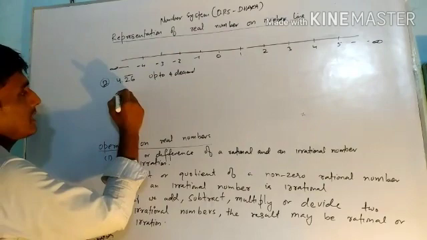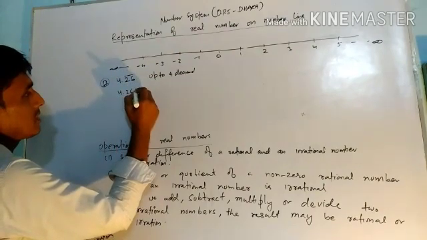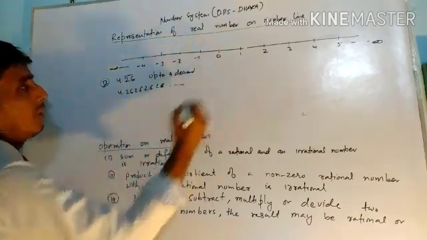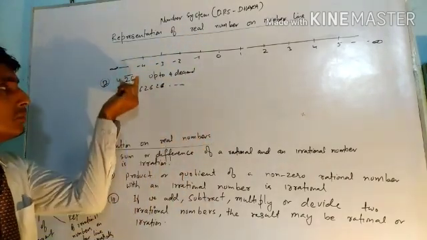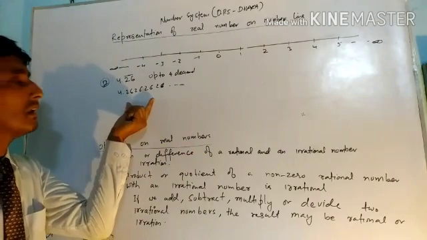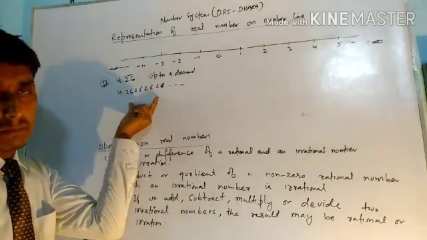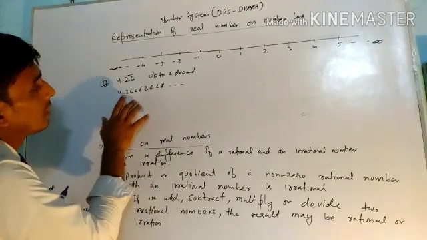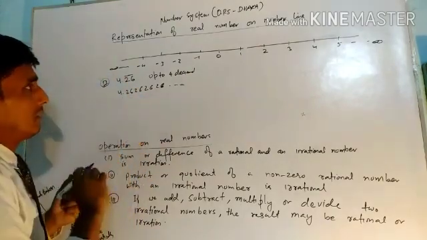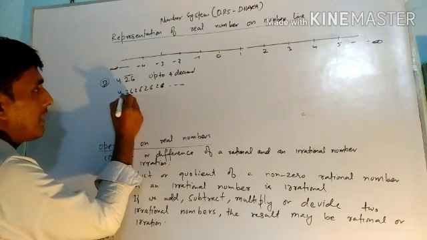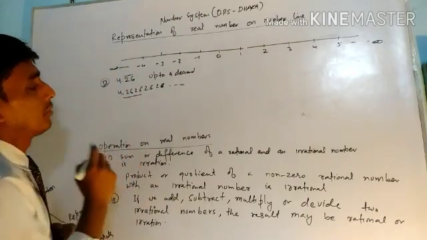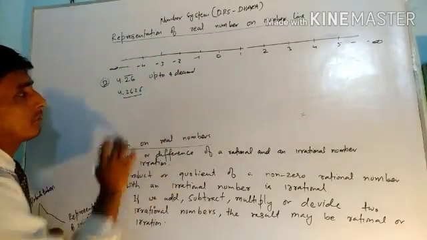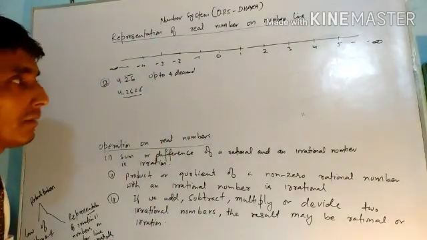This 4.26 means 4.26, 26, 26, 26 and so on up to infinite times, because 26 is repeating and the number is a non-terminating, repeating decimal expansion. But we have to show only up to 4 decimal digits, meaning after the decimal there should be only 4 digits. So we have to represent 4.2626 on the number line.